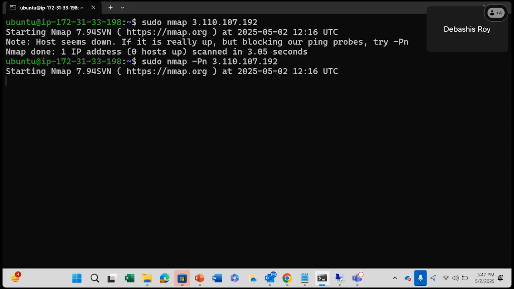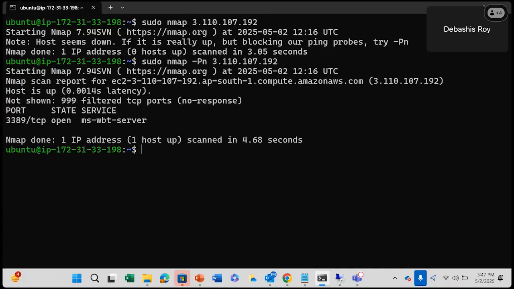Okay. Now the moment I'm giving this, it is actually bypassing the blocking. So initially, without this option, it could not penetrate. But now with this, it could find out that port 3389 TCP is open, MS WBT server, and it could directly get into it. Okay. So there are no other open ports. It is absolutely, say for example, safe and secure, but still you could actually get into it and get some details. So this is the power of Nmap.